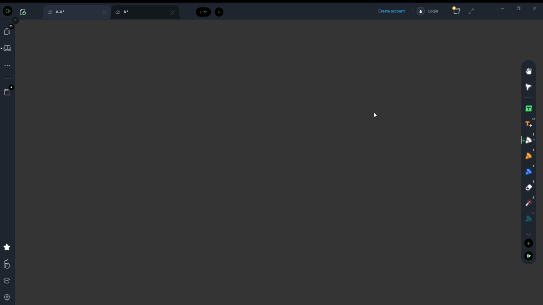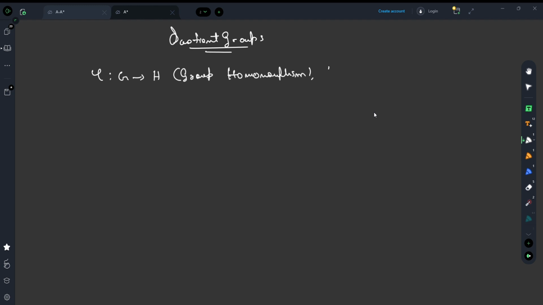Okay, so let's continue our discussion on quotient groups. In the previous lecture, we had discussed the fact that if there is a homomorphism phi from a group G to a group H, so it's a group homomorphism, then